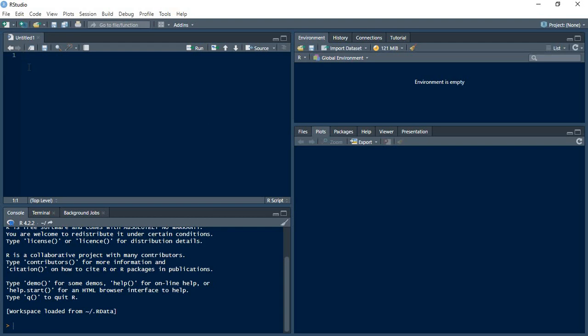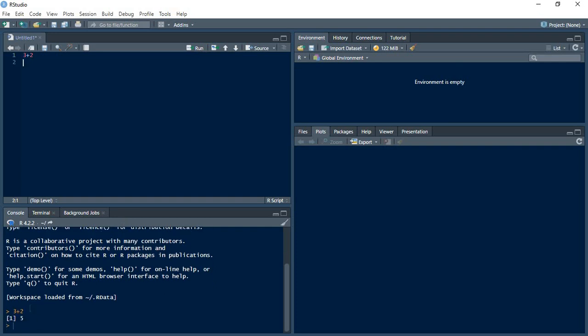Suppose I'm using R as a calculator and I want to do the 2 plus 3. That is where I'll type my command and then I'll run here. So I'll click run. And now the code will be executed on the bottom left chamber. Allow me to call it chamber, but it's the R console. And I have 2 plus 2 as 5. You can see it's even R console